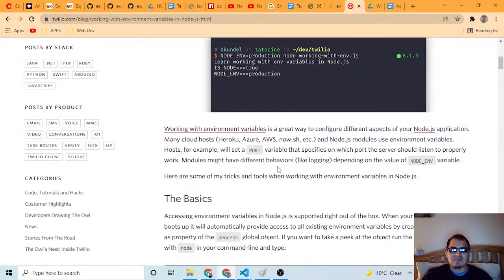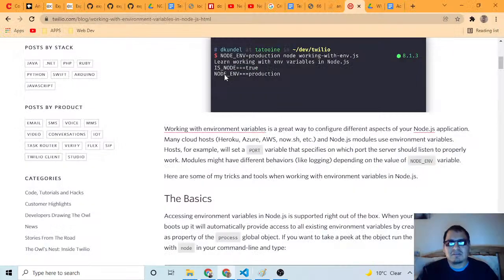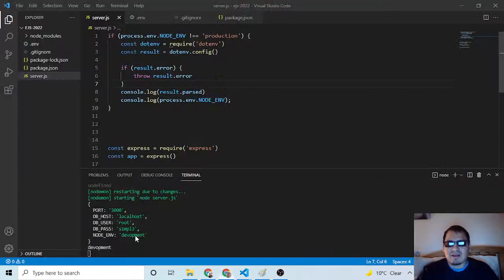Modules might have different behaviors, like logging, depending on the value of the node env variable. Yeah, this is very important. So I have to put this. Where is it? I have to do this. Where can I put this?